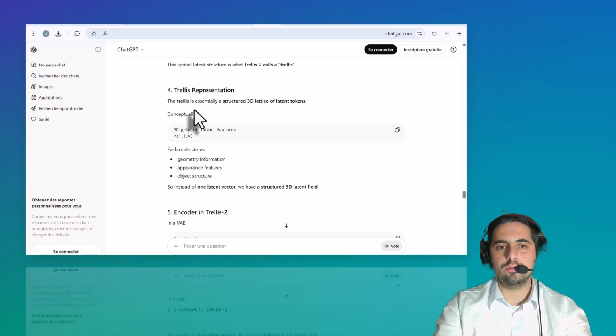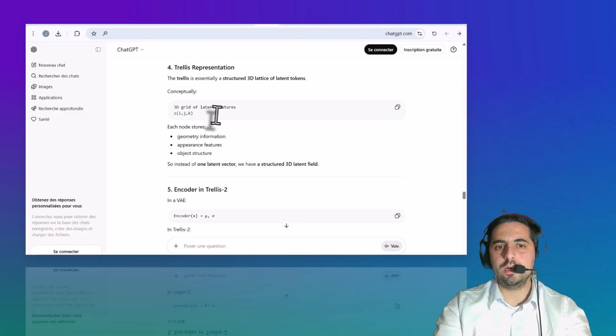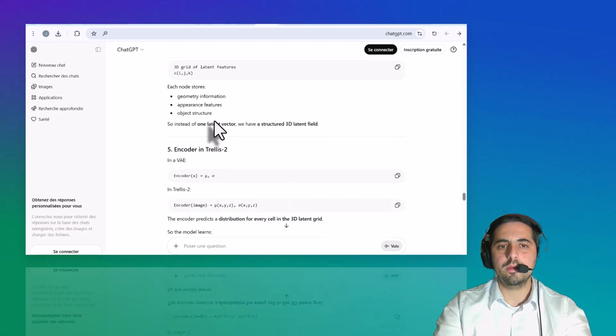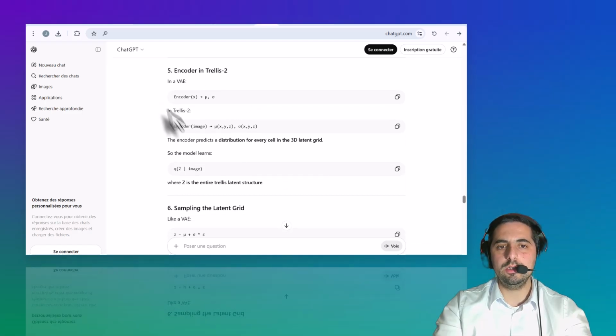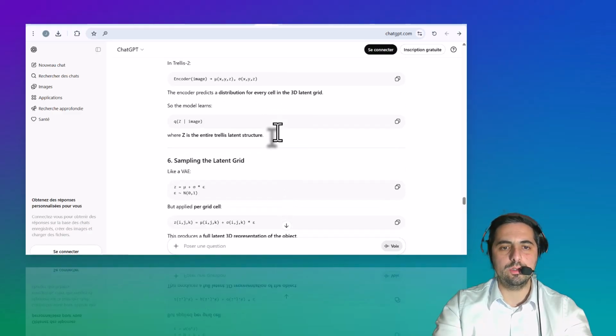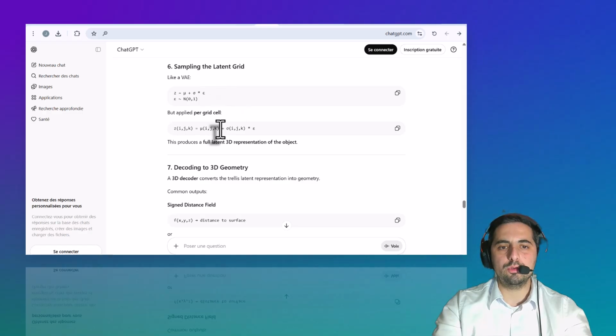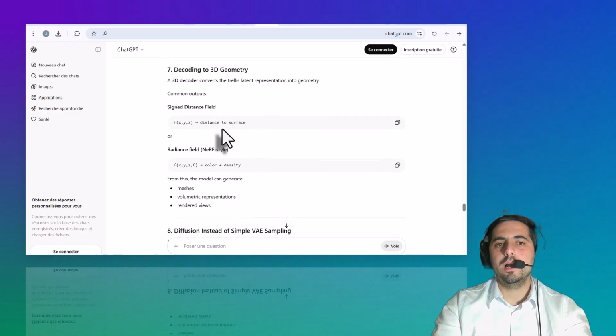Then the TRELLIS representation is in fact a structured 3D lattice of latent tokens. So this is conceptually a 3D grid of latent features, Z of I, J, K. Each node stores geometry information, appearance features, and object structure. The encoder in TRELLIS.2, in the VAE, is an encoder of the parameters mu and sigma, and now it depends on the X, Y, Z of our grid structure. Then we have the sampling process, and then the decoding, where a common output is a signed distance